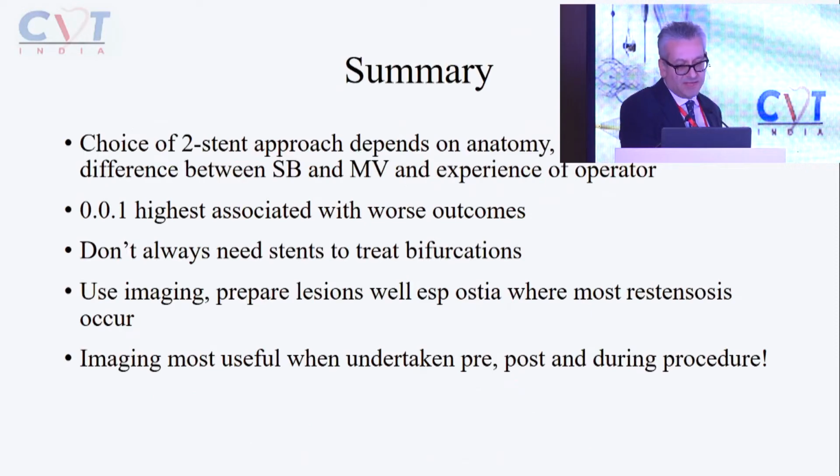And so in summary, in my view, the choice of 2-stent approach really depends on anatomy. You need to think about the angle of the side branch, the size difference between the side branch and the main vessel, and the experience of the operator. We often talk about DK crush. Let us not forget, for those entering the